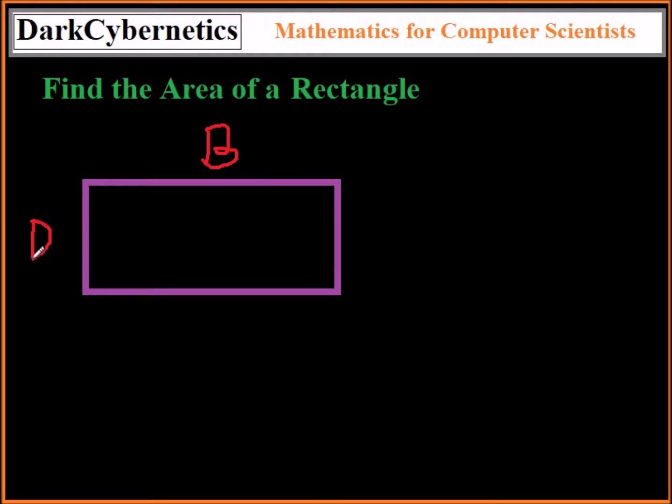In this problem, we will discuss how to find the area of a rectangle, where the area formula is length times width. In this case, we will give the length as b and the width as d, as we know that in a rectangle the sides are always longer,